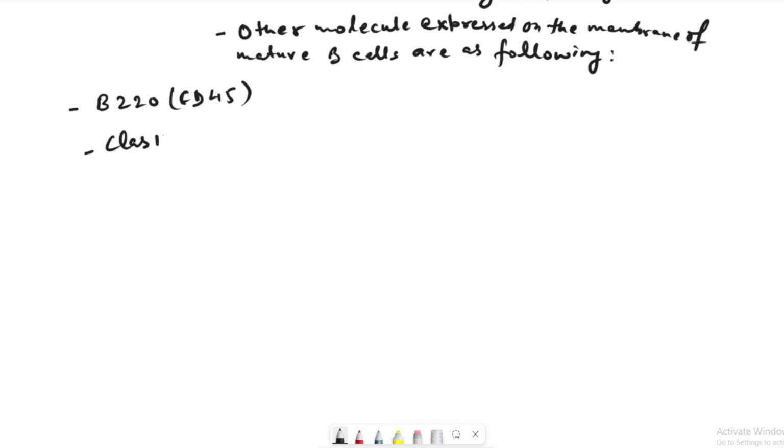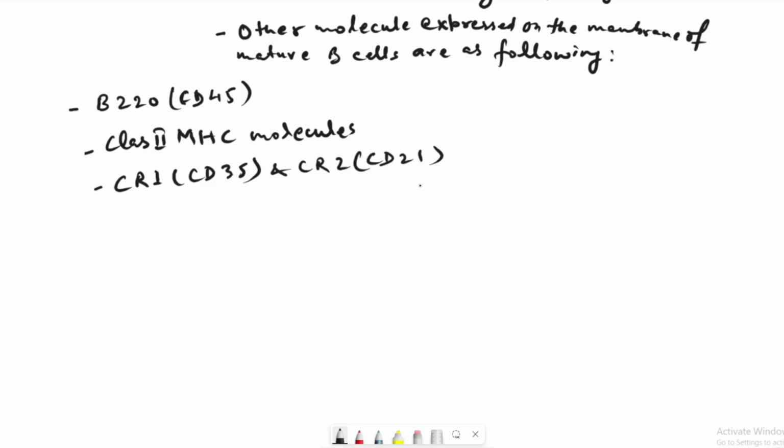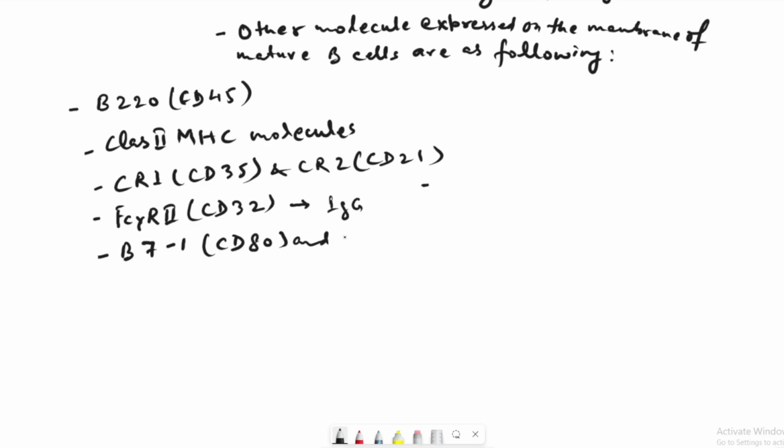Class 2 MHC molecules permit the B cell to function as an antigen presenting cell. CR1 and CR2 are receptors for certain complement products. Fc gamma R2 is a receptor for IgG type of antibody. B7-1 and B7-2